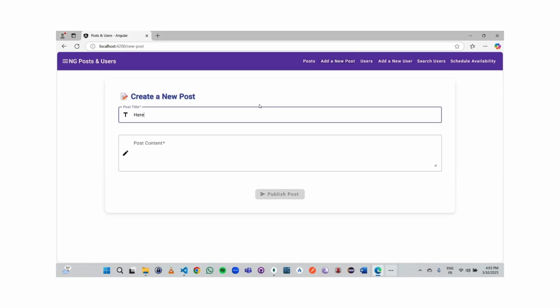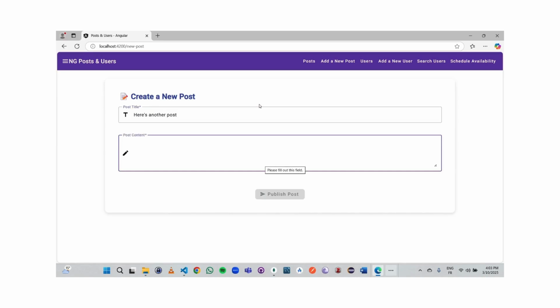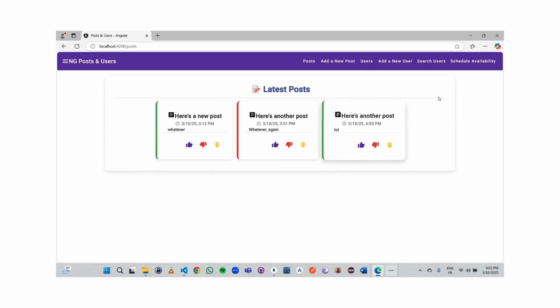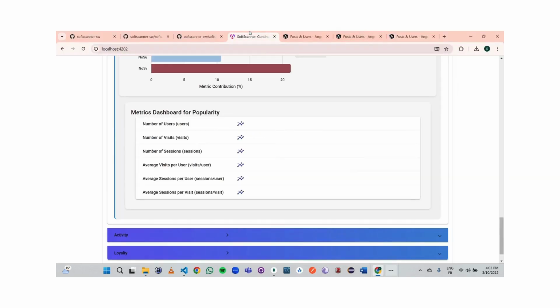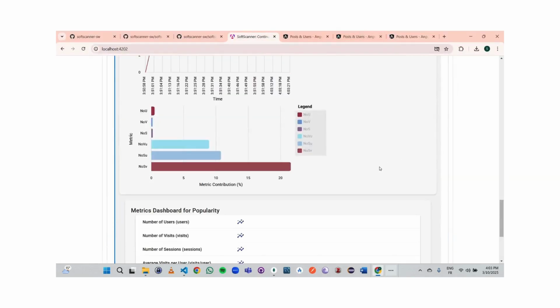So let me add a new post. Here's another post. Lol. And I'll give it a like. Then, if I go back to the application, I will see